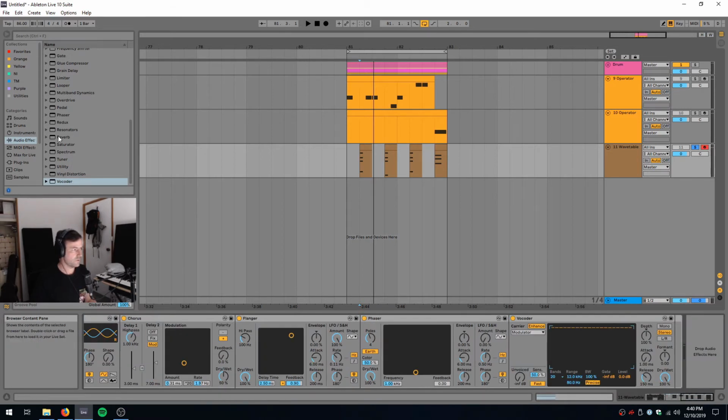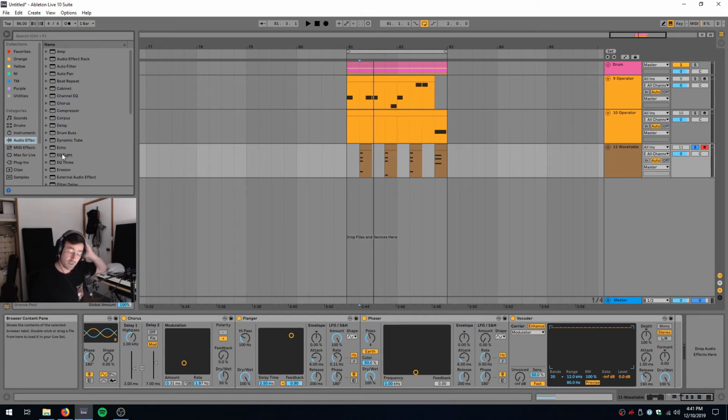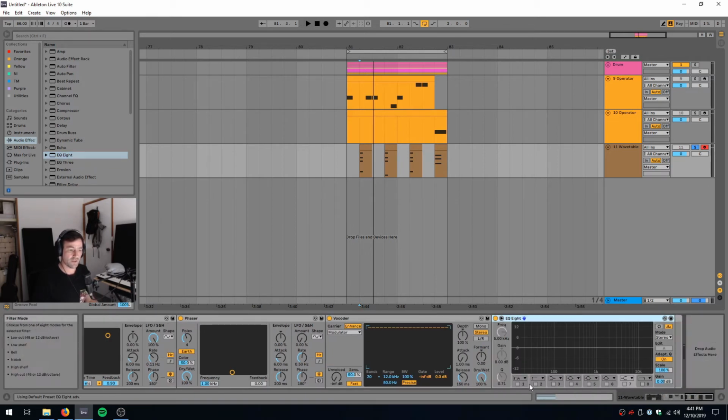One of the things I like to do with modulation effects, because they can change the bottom end of your sound. In our case with this chord, it doesn't matter too much. We're probably not going to need the bottom end of this sound, but if we were putting it on our bass instrument from before, it could create phasing or issues in the low end, which we don't necessarily want. So whenever I'm using modulators that I'm not sure how they're going to be used in the future, I just cut the bottoms off, around 100 Hertz,